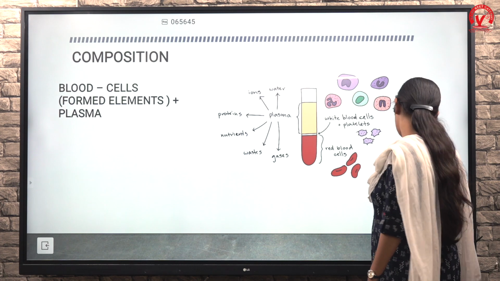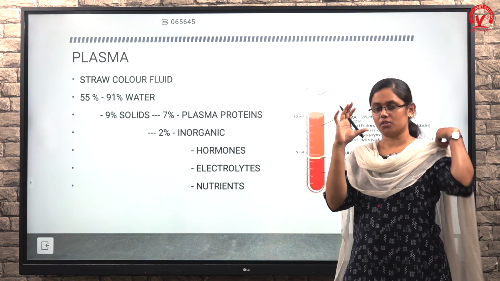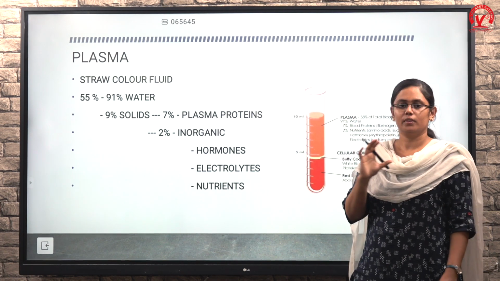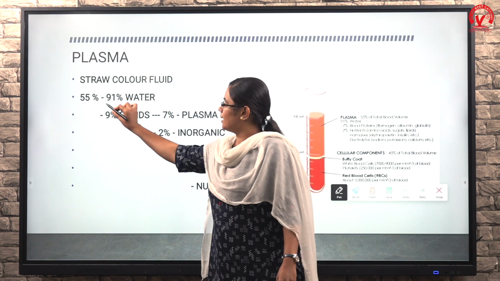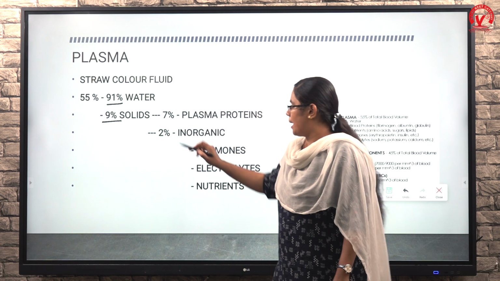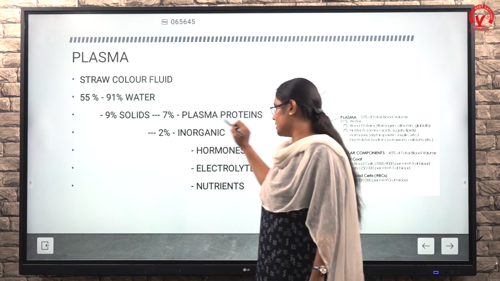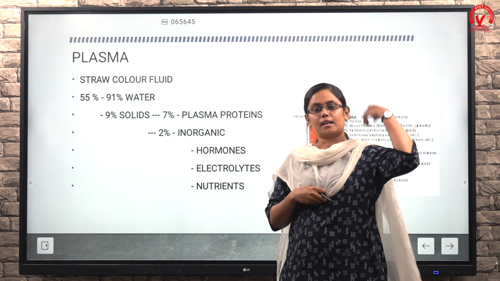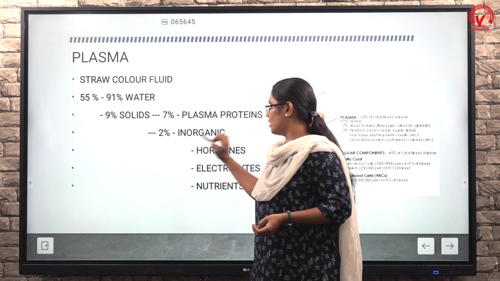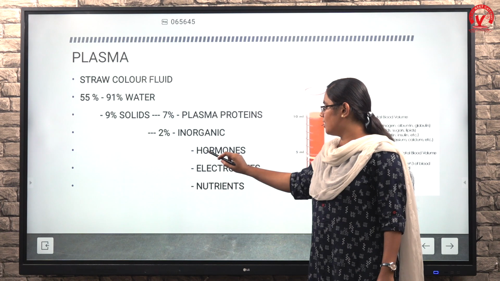Next we will discuss plasma. Plasma is a straw yellow color fluid which contributes about 55% of the blood volume. Plasma contains 91% water and 9% solids. Among the 9% solids, we have 7% plasma proteins. Plasma proteins are the important components of blood, and 2% inorganic components. These inorganic components include hormones,